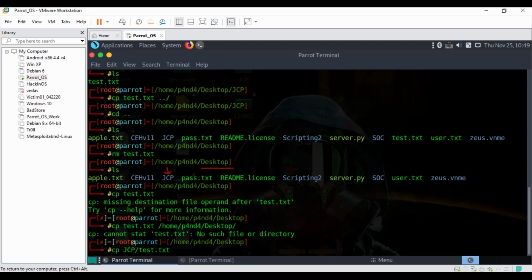Is this point clear? I am already in my desktop, and since JCP is inside my desktop, I can directly write JCP. And since test.txt is inside JCP, I can write test.txt. This is the same thing which we did earlier.